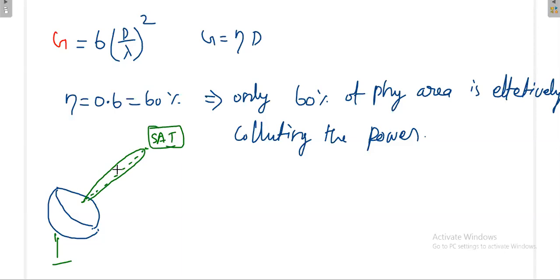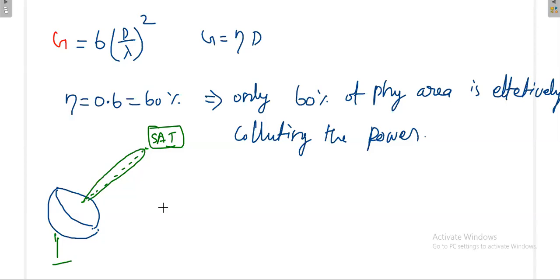This beam is very, very narrow. So once you tilt even by 1 centimeter upward or downward, your beam goes somewhere else. This is true for both the transmitting as well as the receiving antenna. Whenever you are receiving, your beam will be coming like this. Then if your position is like this, only then can you receive the signal. If you tilt your antenna in some other way, you will not receive the signal. So the beam width is very, very narrow, because of long distance communication.